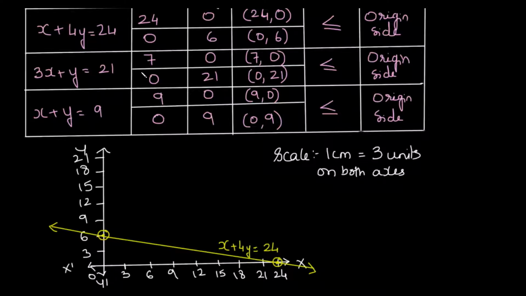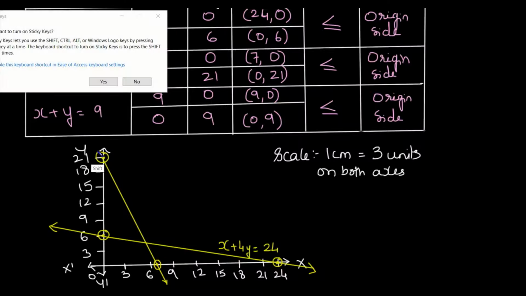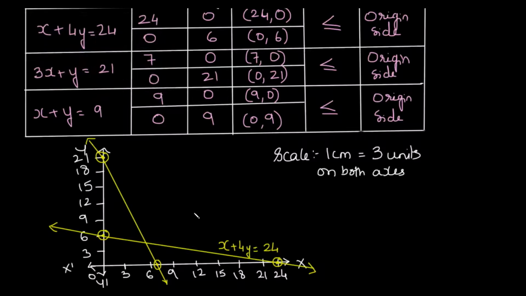The second one has the points 7, 0 on the x-axis and 0, 21 on the y-axis, like this. And then plotting the line. Use a scale and pencil to draw these lines. Again, I'm repeating, we don't need a graph paper in the exam time. Graph paper will not be given to you. You will have to draw the lines on the proper board paper itself, main supplement itself. Then the third one, that is 9, 0 and 0, 9. So 9, 0 comes over here and 0, 9 comes over here.